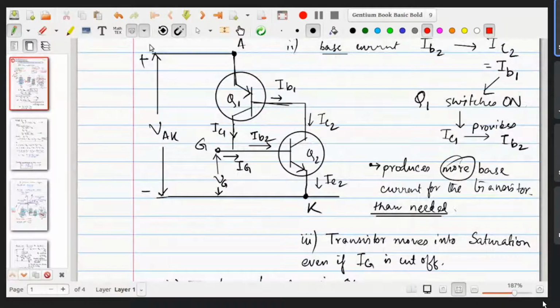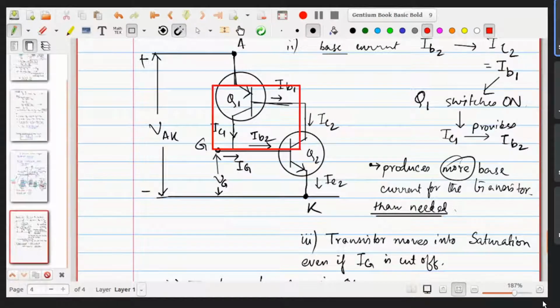This now moves into a certain kind of loop. So this has gone into a loop, this is increasing, so it is moving on in that loop. So the gate is now inactive, it triggered the point. If we can remove that, it works on in that way. So this condition is termed as latching.